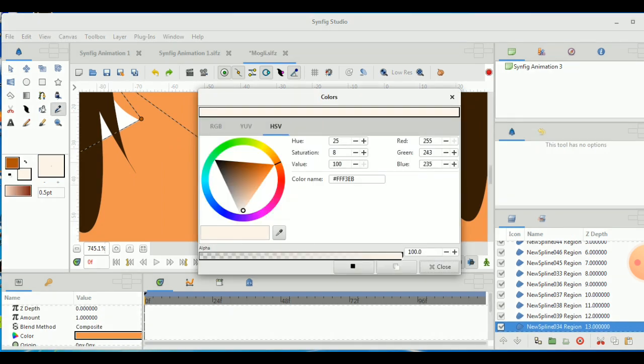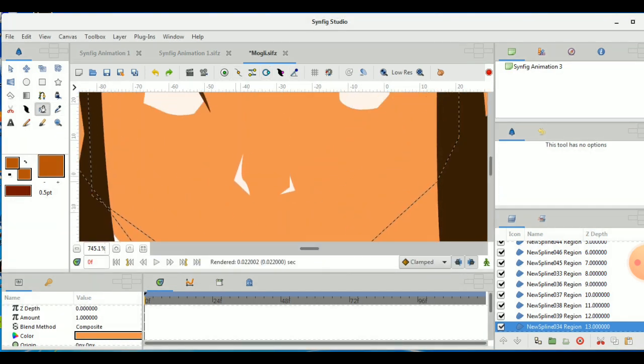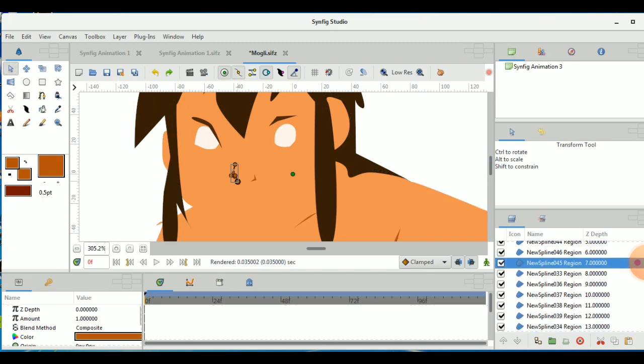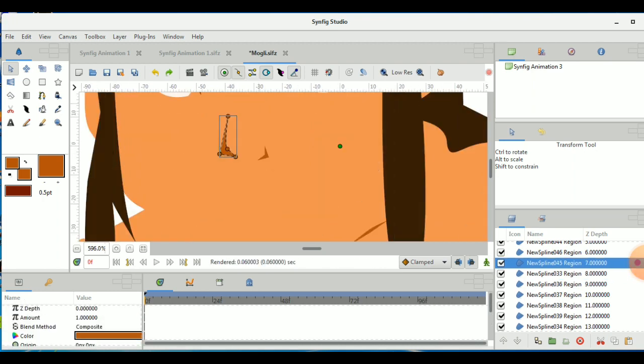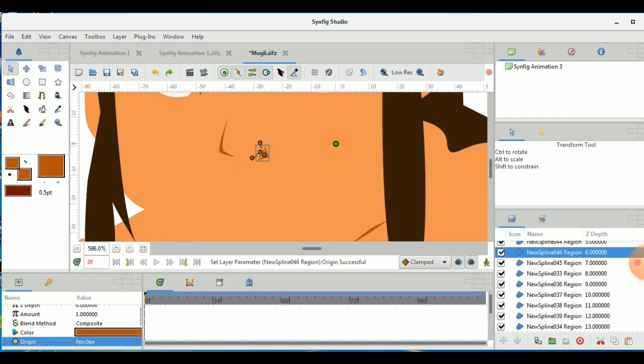You can see that as I select the lower part, it is selecting that region. I've selected the color of the collarbone so that I can apply the same shade here. Otherwise, it may look different. So the same shading is applied at the nose parts. It is a corner, so I need to have a tangent and give a smooth curve to it. Otherwise, the nose of Mowgli would look sharp.